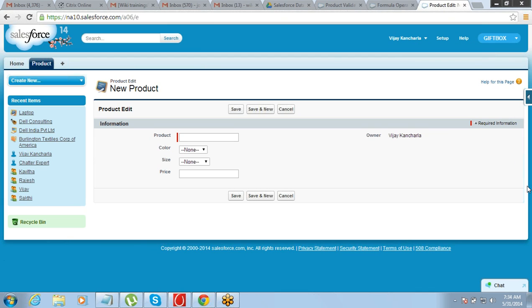There is one question that I got from Vijay saying that this formula will be applied on new records only or on existing ones as well. The formula will be applicable on all the records which are there in the object. So existing one, because the field is being added for everything, right? For all the records. So existing one.